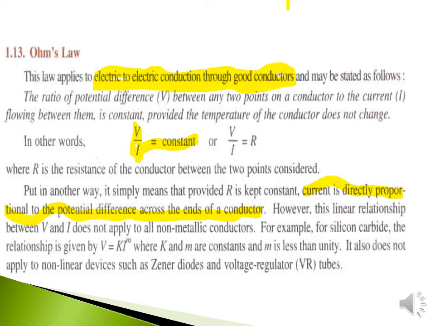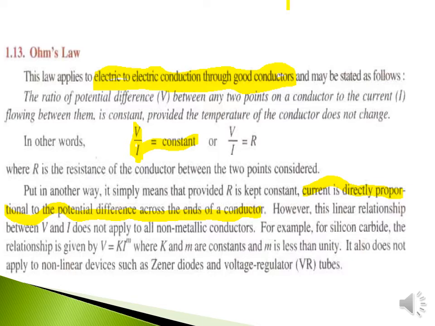Now here we are going to see the statement for Ohm's law. We already know that Ohm's law gives the relationship between different parameters of an electrical circuit. To be more specific, here is Ohm's law in the words of B.L. Theraja, writer of Applied Electrical Engineering Volume 1, the reference book we prefer for our course. So this statement belongs to the electrical engineering group.